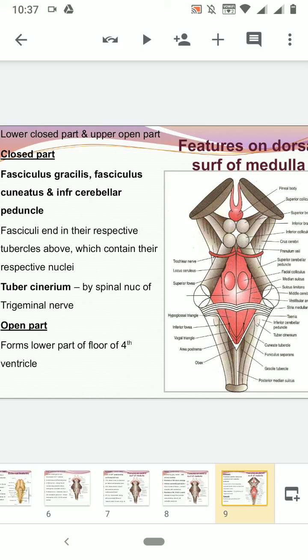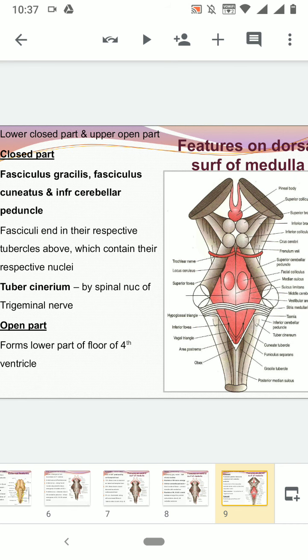So we are on the lower part of the medulla oblongata. In the lower part of the medulla oblongata, again in the center or in the median plane, you have the posterior median sulcus. Be very careful with these names. On the ventral surface we called it the anterior median fissure, like the spinal cord, and in the dorsal surface, in the center or in the median plane, we have the posterior median sulcus.